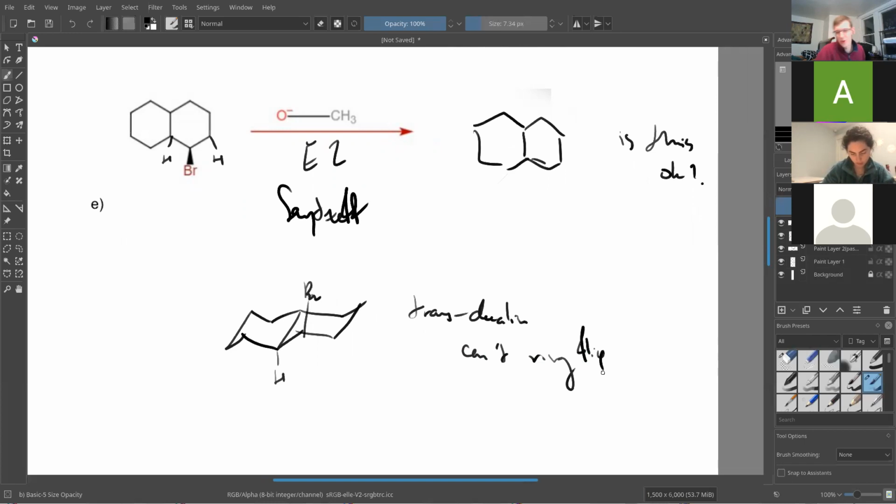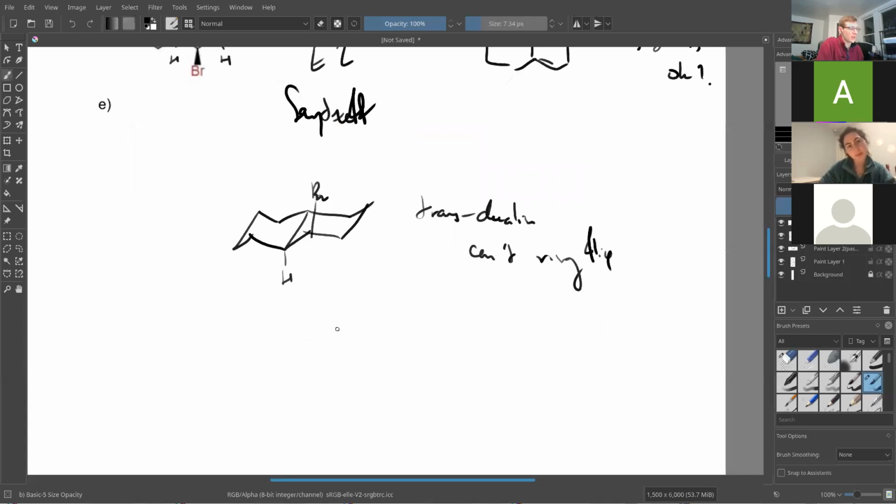Right? There are two ways of seeing that. One is to make this molecule with a modeling kit and then try to ring flip it, and you'll break your modeling kit. The other way to do it is just to actually think about it, which is a lot harder. But if we were to try to ring flip it, well,